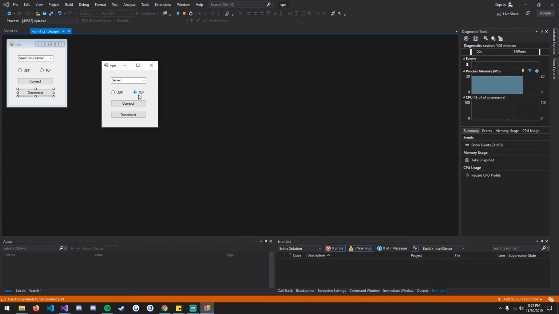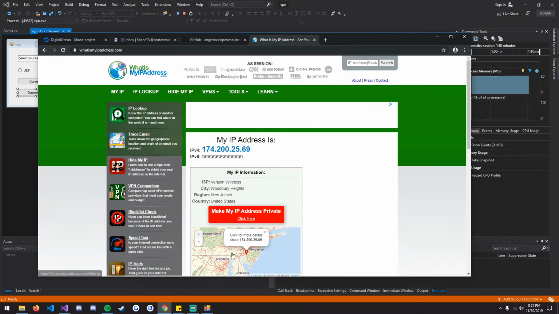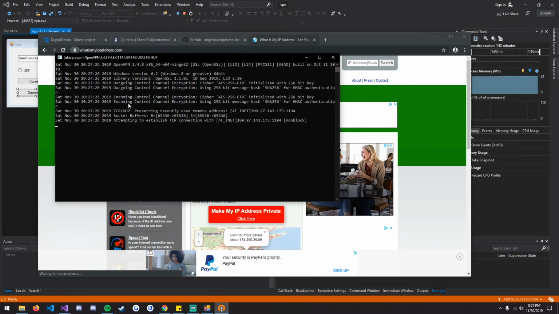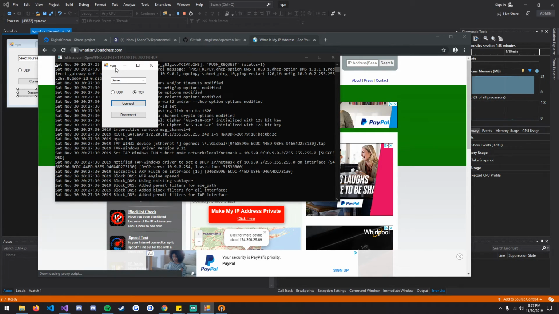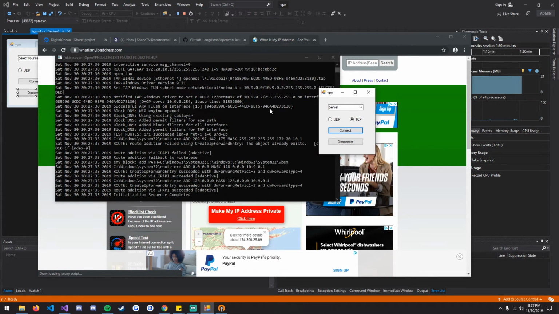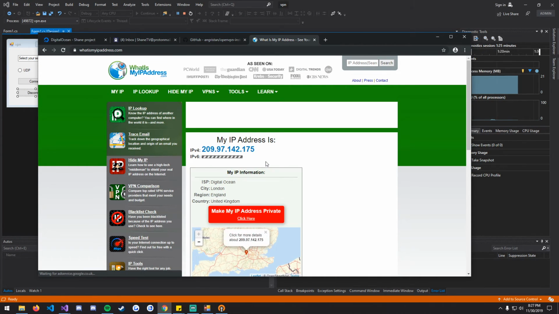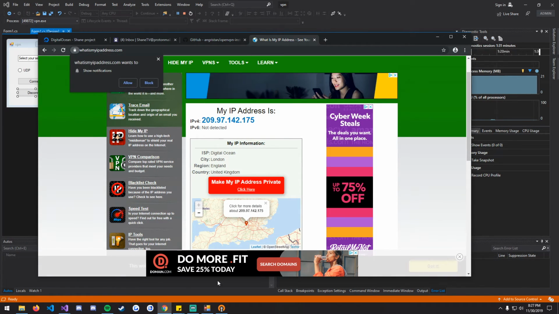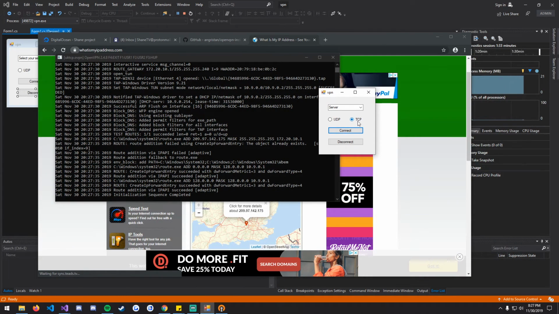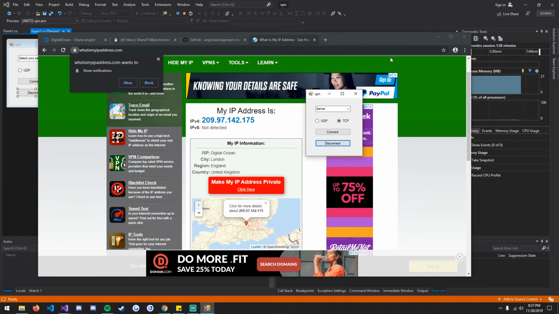Oh, we should probably test the TCP protocol that we just made as well. So go to whatsmyipaddress.com, connect with TCP. You've connected to server with TCP. Let all this run, and then go and hit F5. Now I'm back in United Kingdom with DigitalOcean. So we've confirmed that UDP and TCP are both working. We can disconnect,